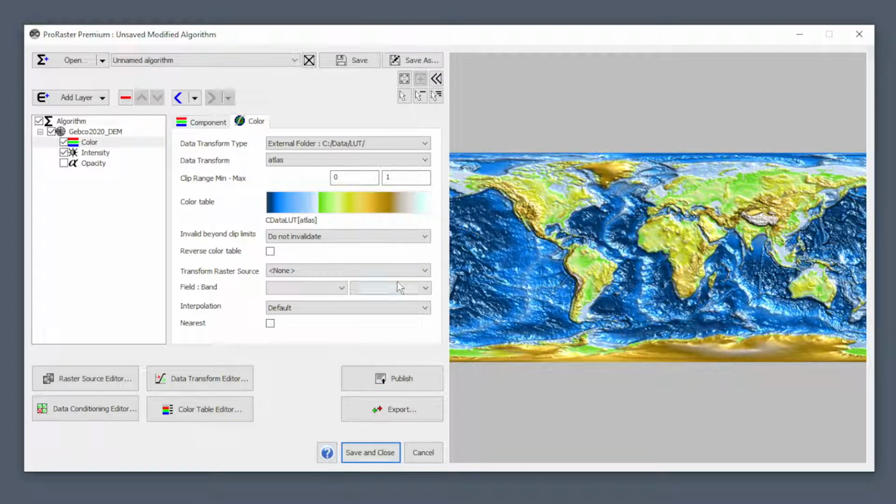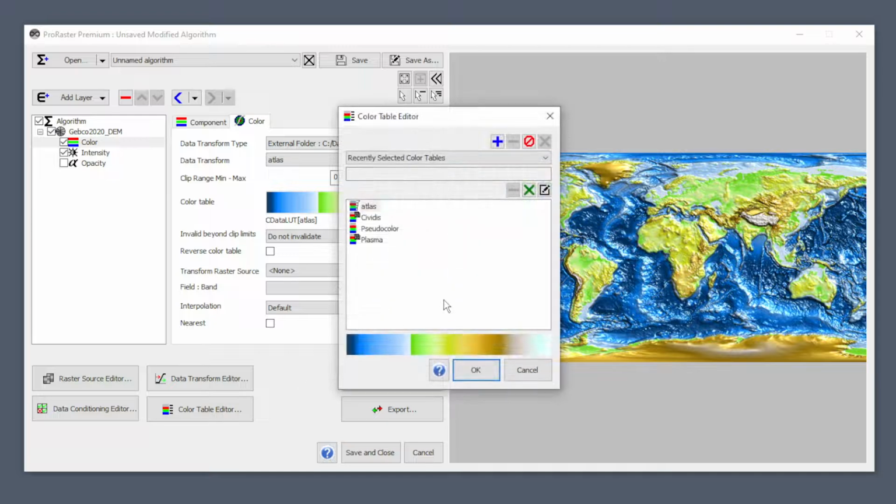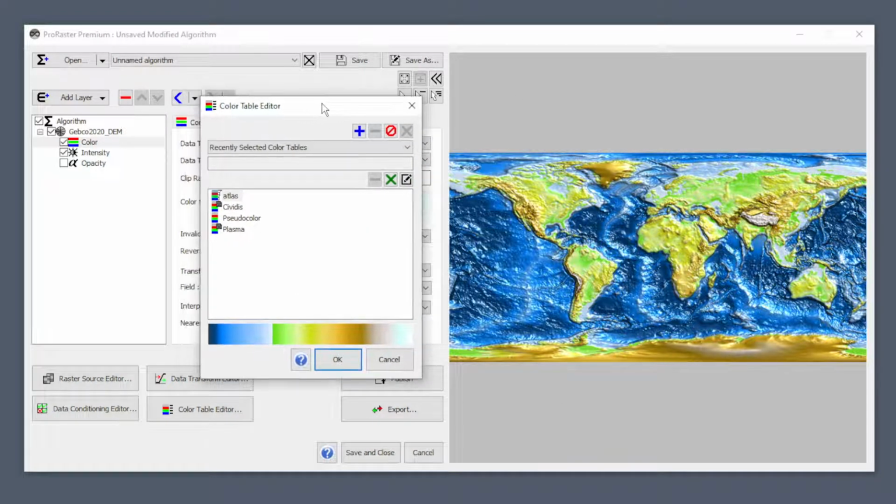There it is. So if I select that data mapped color table, then you can see that we get a more sensible display where all the ocean is shades of blue, and all the land is shades of greens and browns and right up to white on the highest peaks. So we've actually defined a transform and a color table in one step, but in the algorithm we need to specify that color table as the transform and as the source of the color. So going back to the editor,